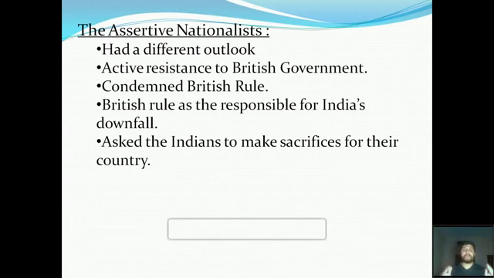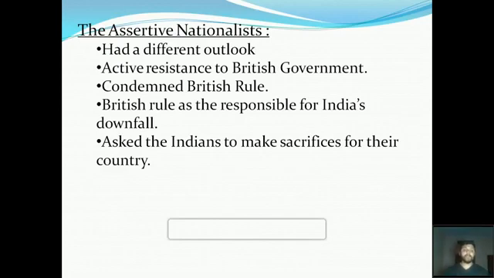Because if India is going from bad to worse condition, it is just because of the British, because British people are ruling our country. So that's why they have condemned the British rule. Then again, British rule is responsible for India's downfall. So right now I have told about it. If India is going from bad to worse, who will take the responsibility? The British have to take the responsibility, because they were ruling our country during that